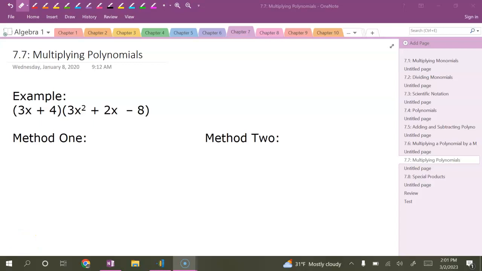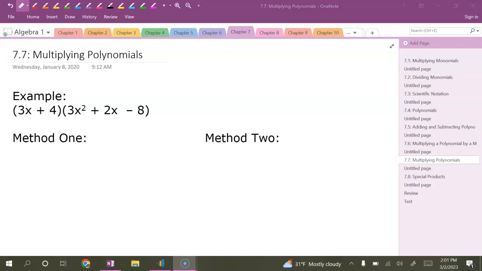Chapter 7, Section 7 is about multiplying polynomials. So far in this chapter, we've talked about multiplying monomials, so taking those small individual terms and multiplying them together. And then in the previous section, we talked about multiplying a big polynomial by one single monomial. So now we're just going to extend on this idea, and we're going to be multiplying these bigger polynomials times